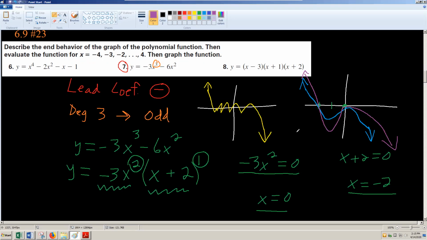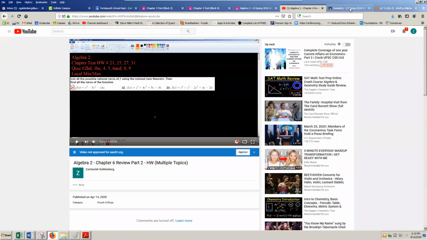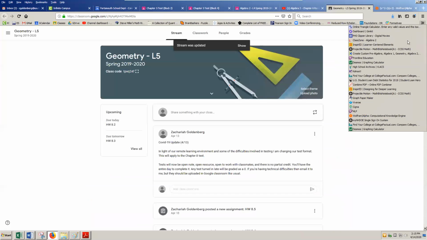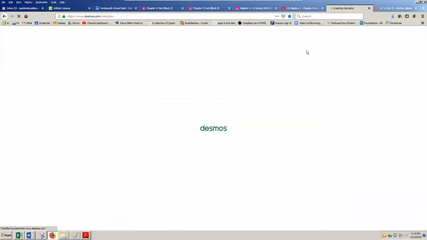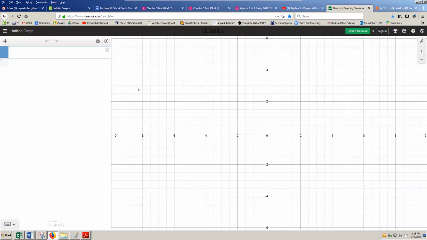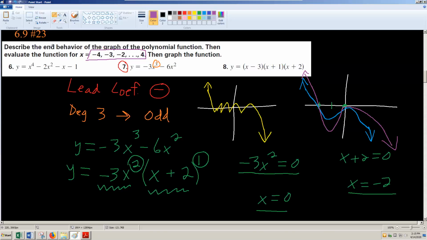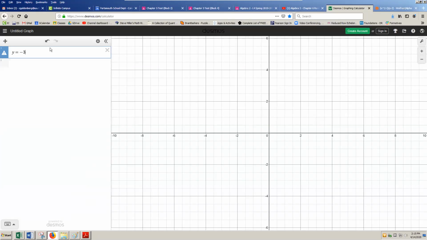So for the other numbers, like the -3, -2, and so on, it would just keep bouncing to those points and then go down again? Nope, so these are just saying plug in the points to get the actual graph. So if I wanted a nice graph for this, it would look like this. So let's grab Desmos. If I wanted a nice graph, which I personally don't care if it is nice or not, -3x to the third